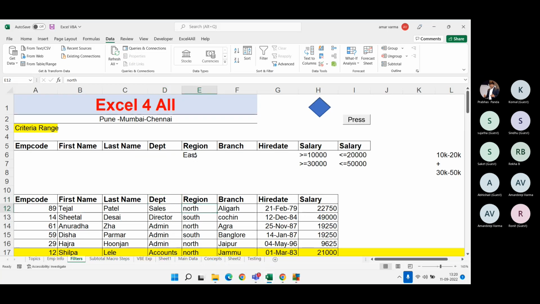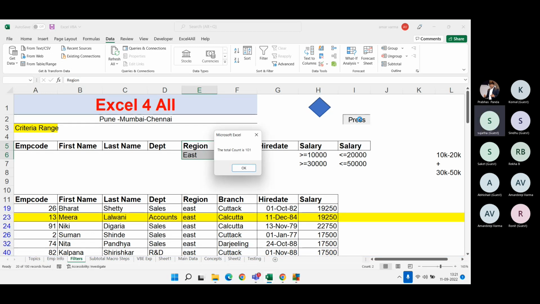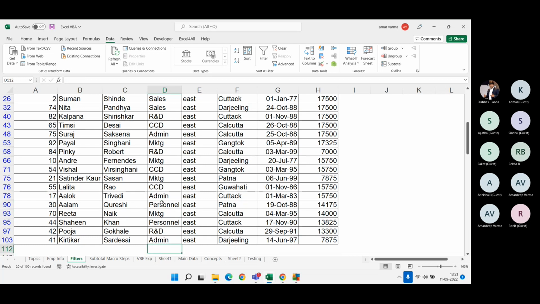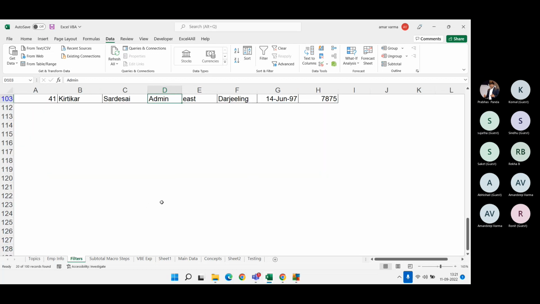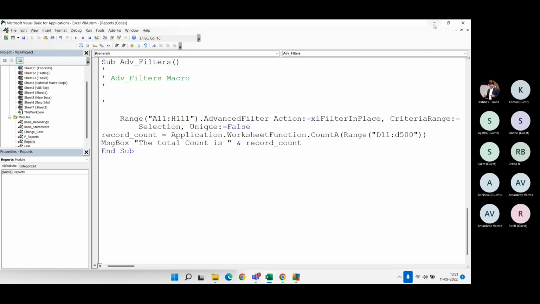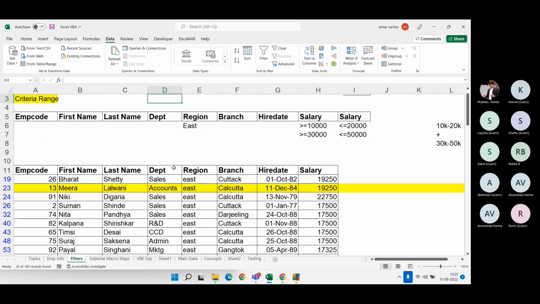Now first I need to select it. Click on this. It says 101. It should give me 21. D11. No, not D11. Anything should be given. E11 to